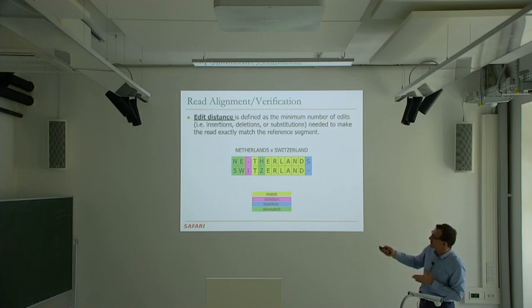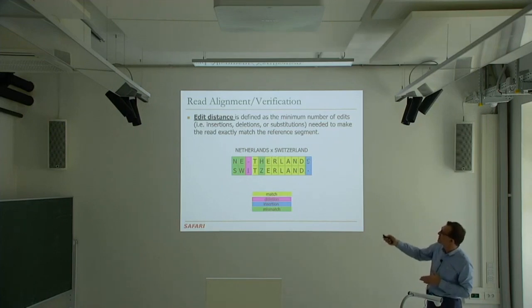But in order to be able to match them, you need to actually say that there's a deletion in Netherlands in place of this I in Switzerland. Right? So basically, there was this character in Netherlands that was deleted, that was replaced by I in Switzerland. And now T matches. Right? And then there's a mismatch over here, and all of this actually matches. And then there is an insertion over here. Make sense?